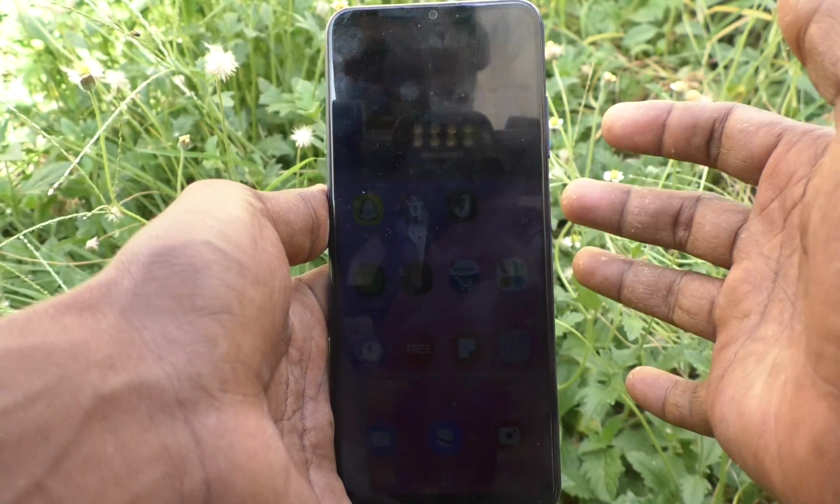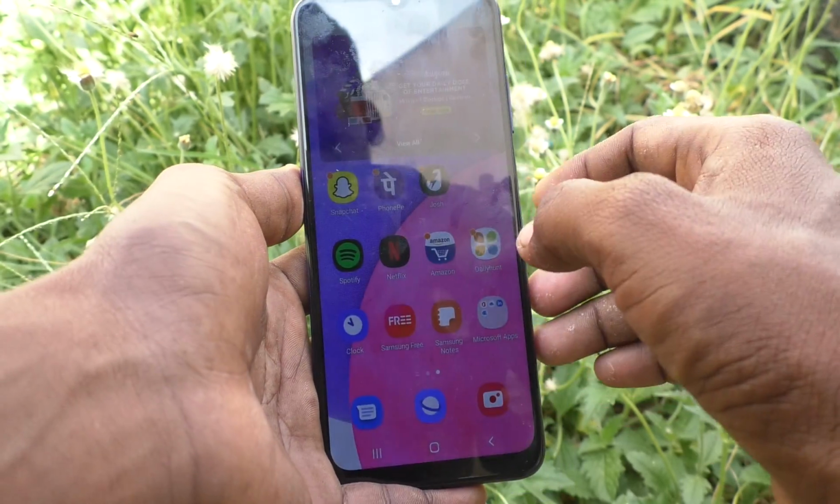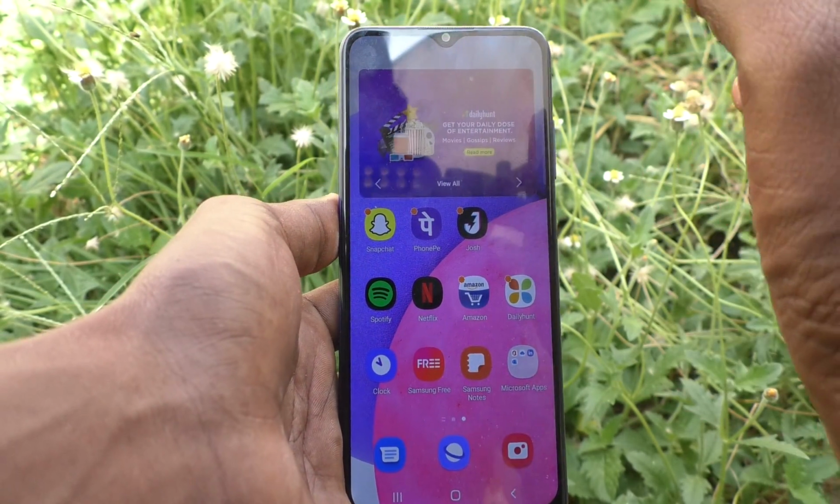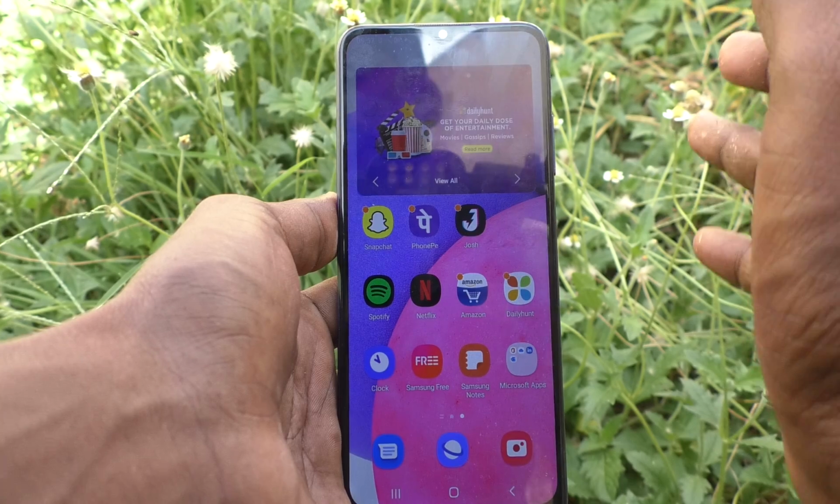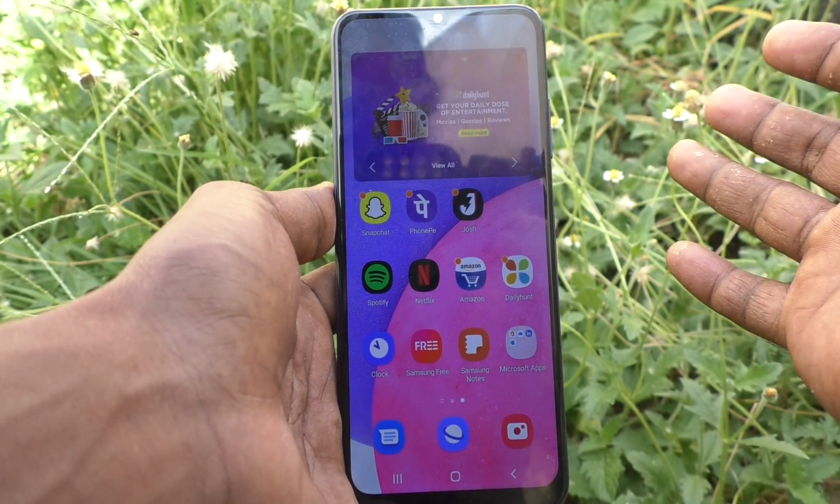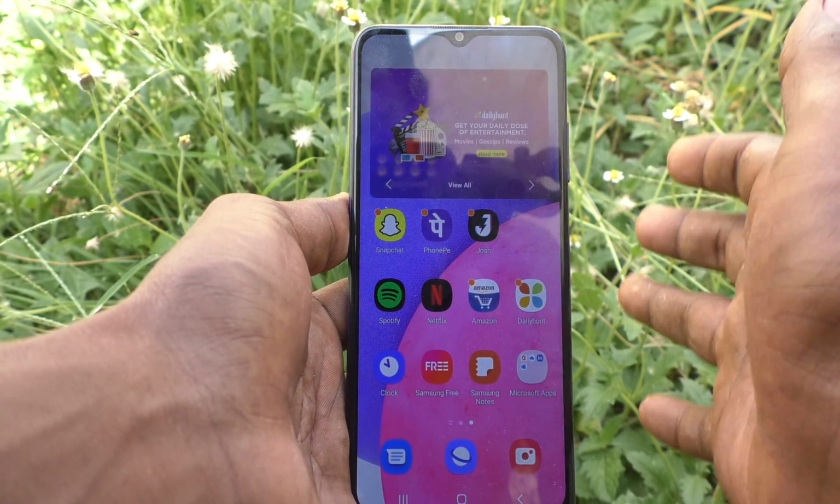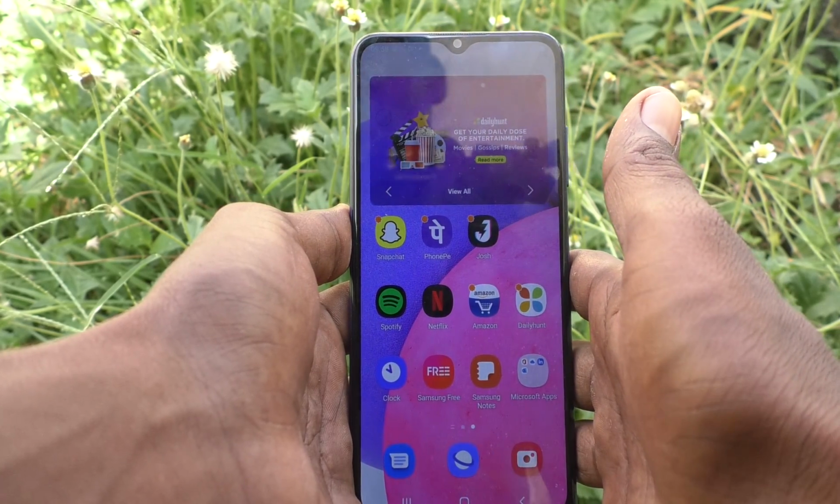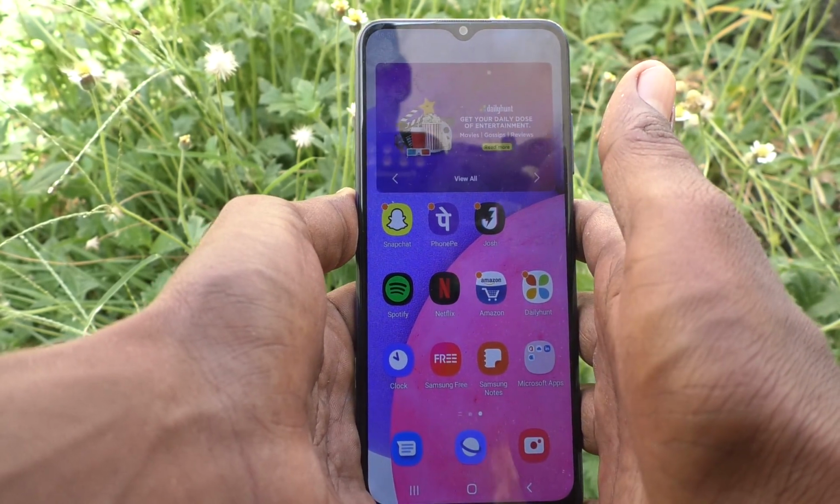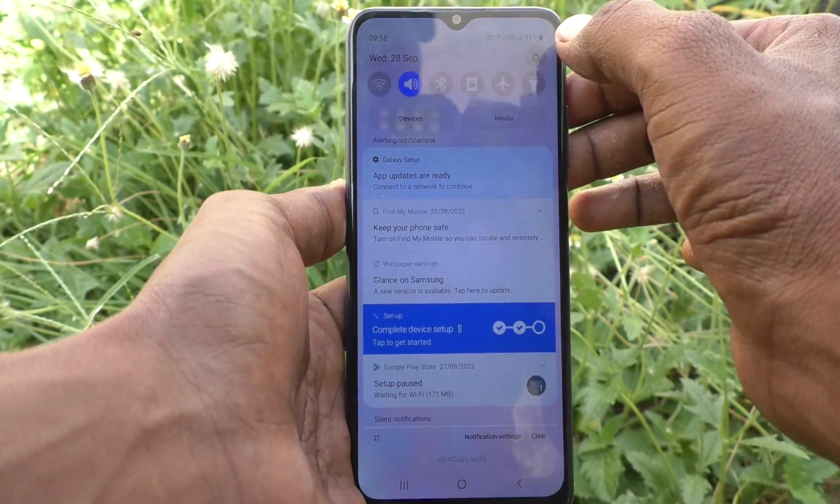Okay, already notifications may be received, and it will remind you that notifications are already received. Okay, so to remind those notifications for particular apps, just go to the settings and go